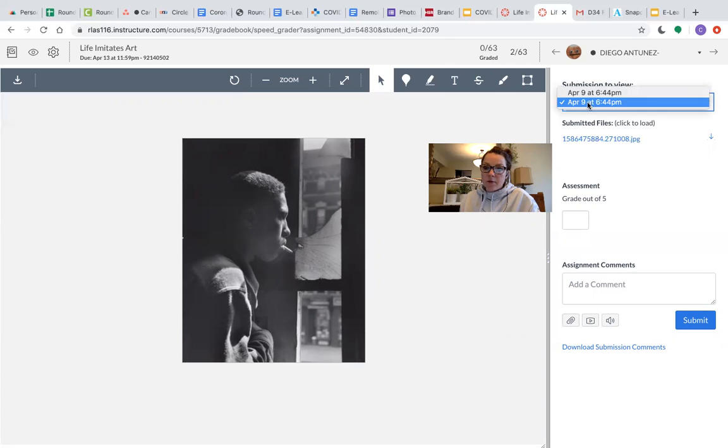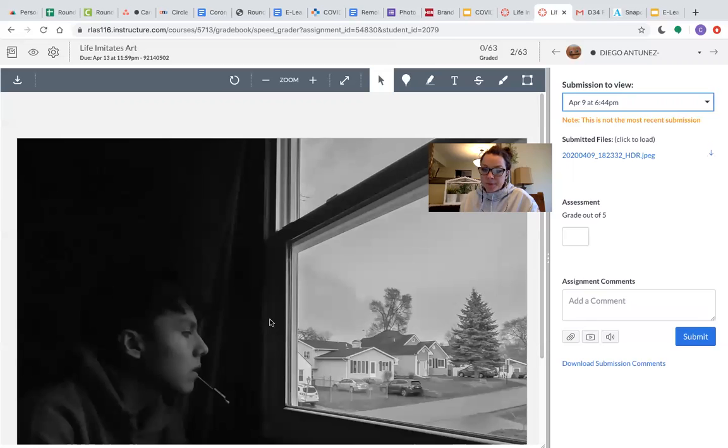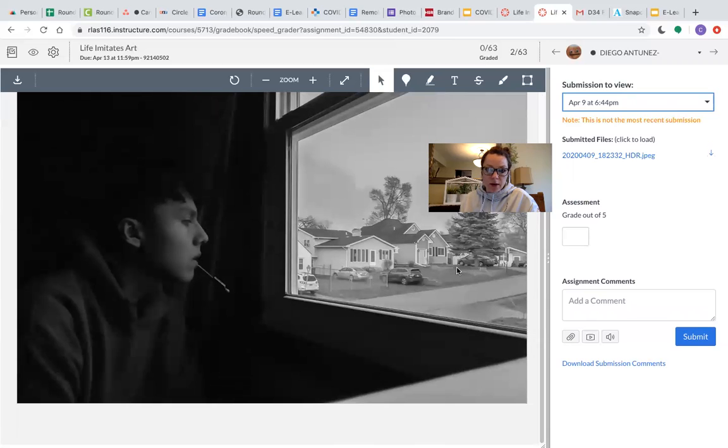So that one might not be the easiest fix, but that is something that's really important to work on in this photo. And how he could do that is you can put either your phone or a flashlight up here on top of the windowsill and have it literally shining on his face. If you have this really overcast day and you don't have a lot of natural light coming in,